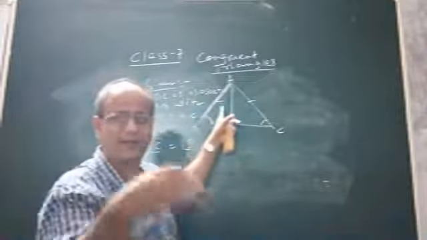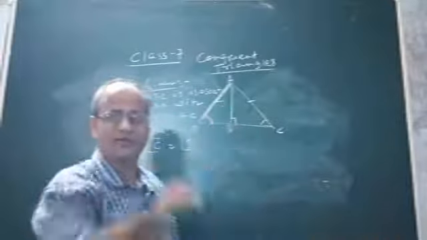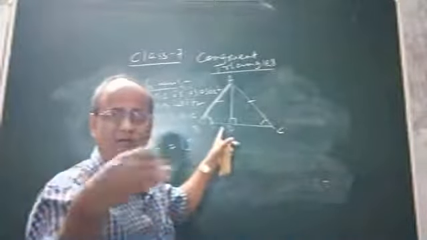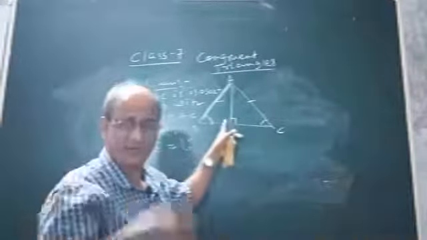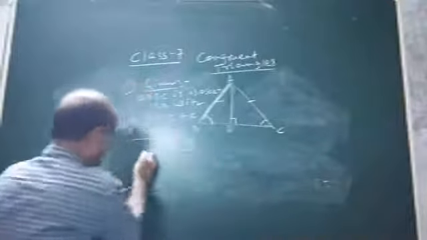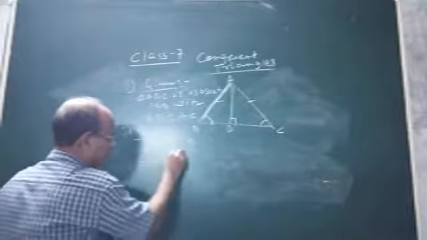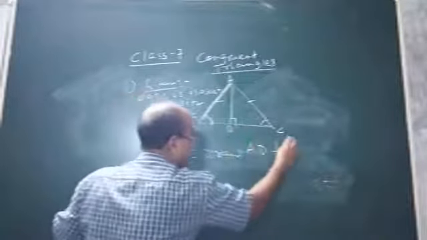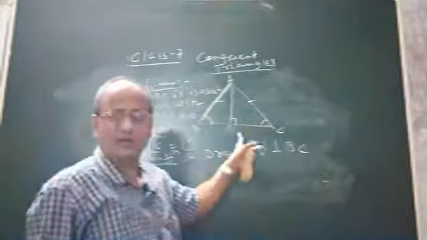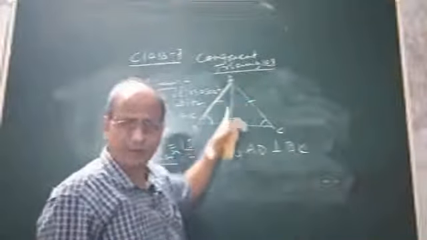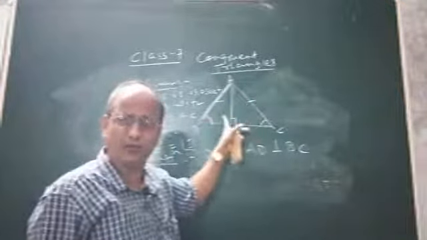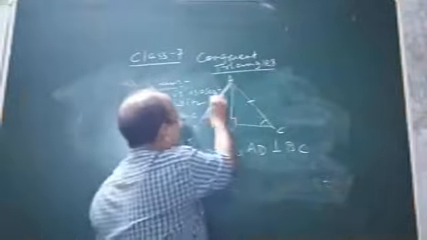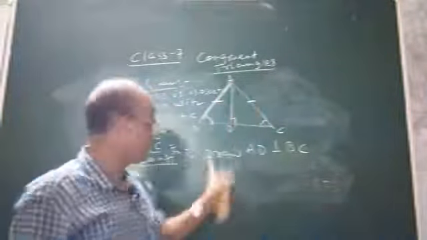Okay, so you will come to know it later in class 9 when geometry will be discussed in detail. It is just the beginning, children, of how to prove geometrical truths. It is the beginning in class 7. See, now what is the construction? So construction is, suppose draw AD perpendicular to BC. That means here we drew a perpendicular AD to BC in order to prove that angle C and angle B are equal in the isosceles triangle where AB and AC are given equal. See, this is given equal. AB equal to AC. So this is the construction.